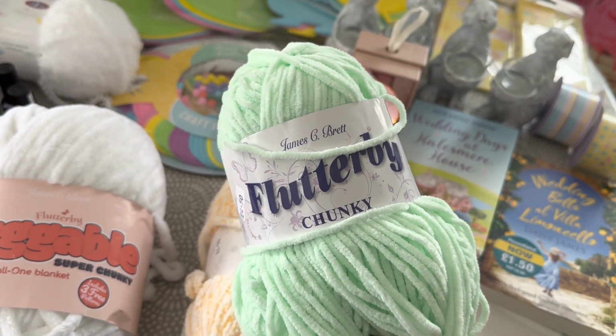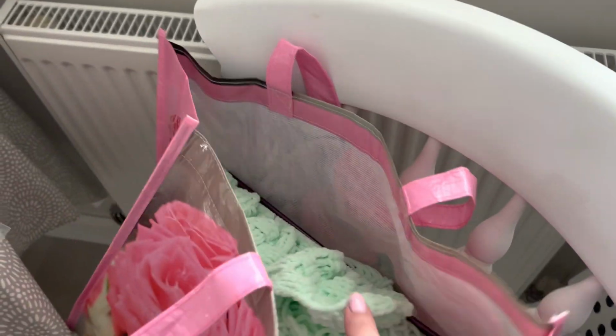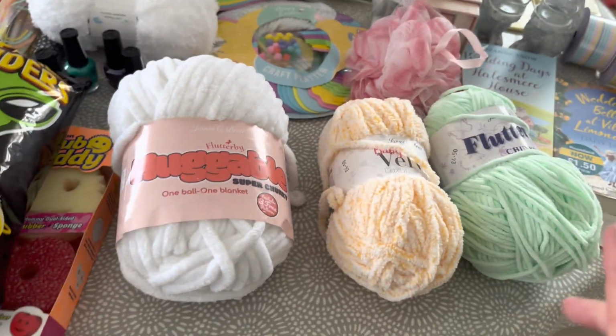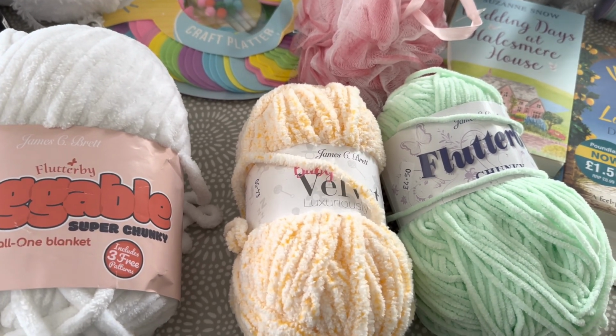I picked up 3 to make a blanket. I've actually started it while I've been here, so I've been knitting a blanket with this so far. So he's heard the wind, so he's barking again. So I've picked up 3 of that to do 2 of them for the blanket and 1 for the teddy